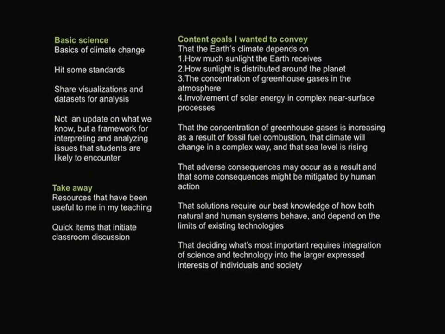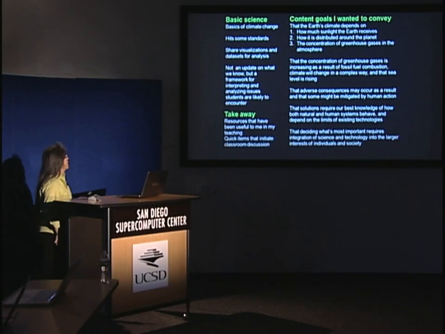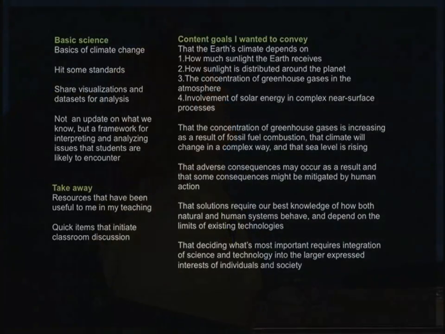So before we start, I wanted to give you a rundown of where we're going so that we don't get lost in all the information that's there. Basic science, pretty much. I wanted to cover the basics of climate change. In learning these materials, it took me a while to figure out how to put things in context. I'm deriving this partly from my own experience, and hopefully it'll be useful to you. Some of these things I didn't figure out till graduate school, and hopefully you'll help students avoid that.